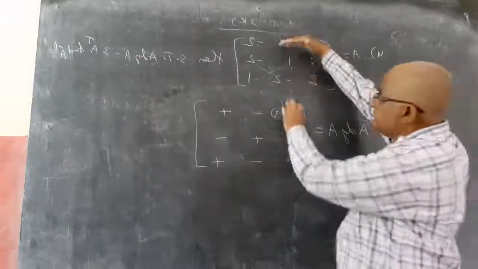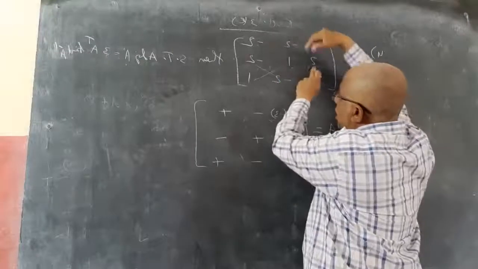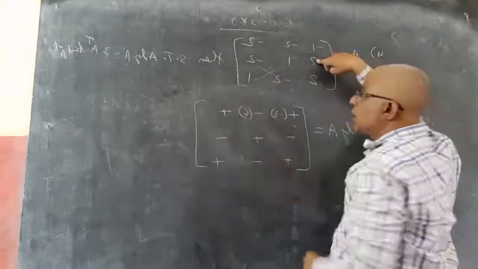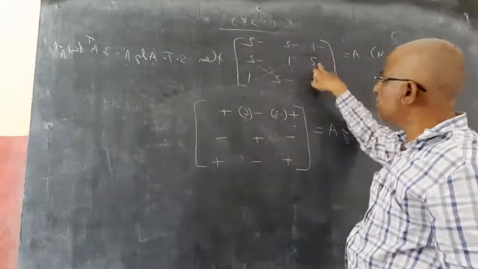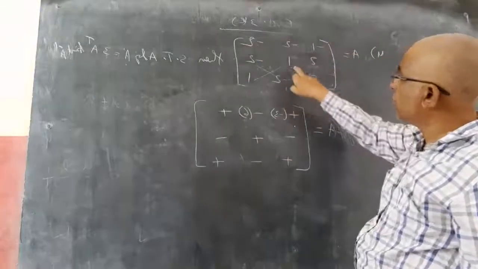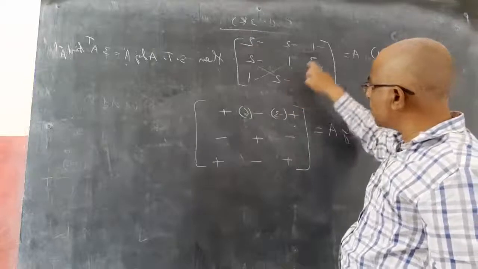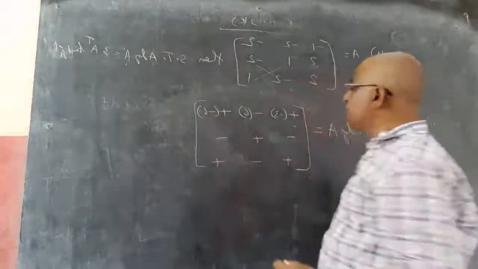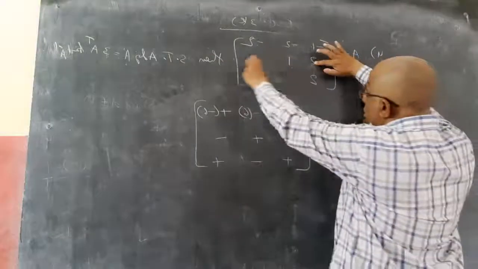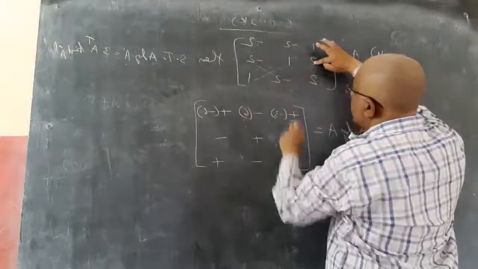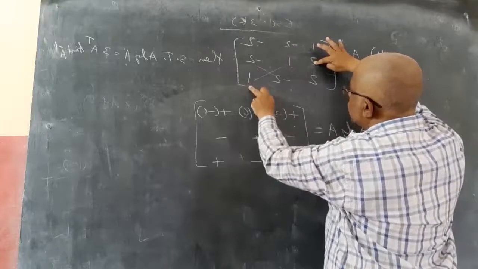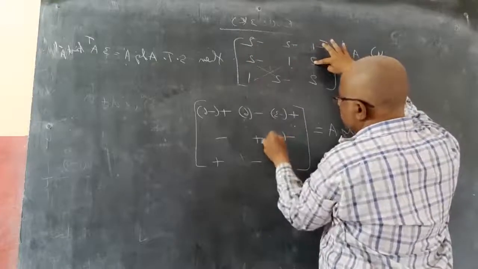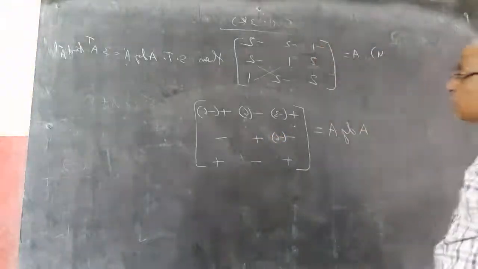And like this, if I want this element, close this row, this column, gives you 2 plus 4, 6. Closing this row, this column, minus 2, minus, 2 minus 4, minus 2, minus 6. Like this you can find every element, then write down. So closing this row, this column, gives you this element. So this is minus 2, minus 2, minus 4, minus 6. Minus 2, minus 4, minus 6.